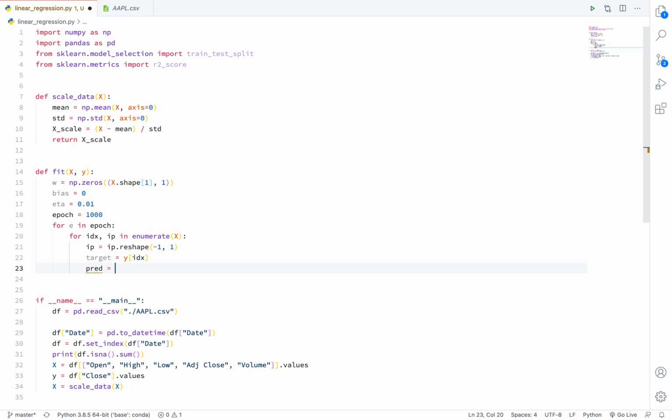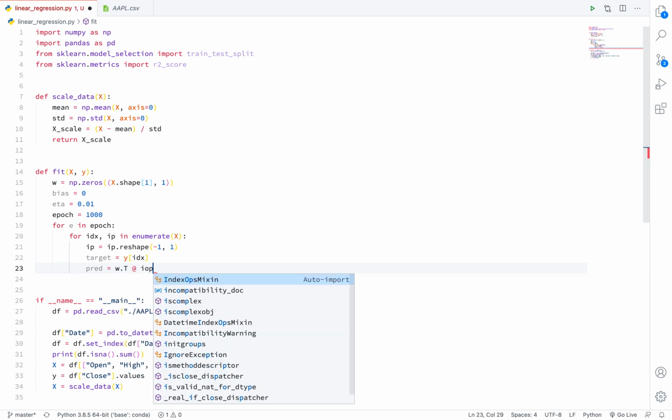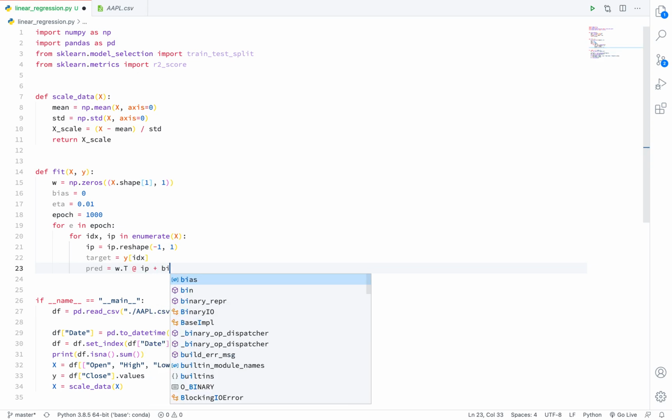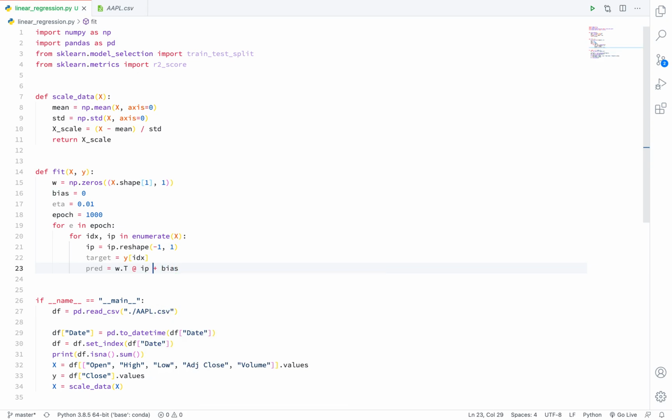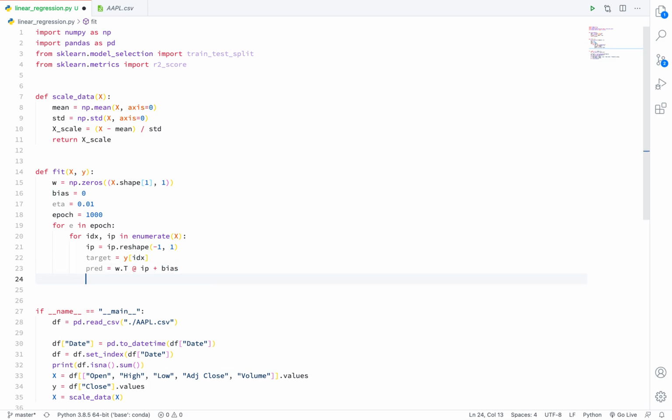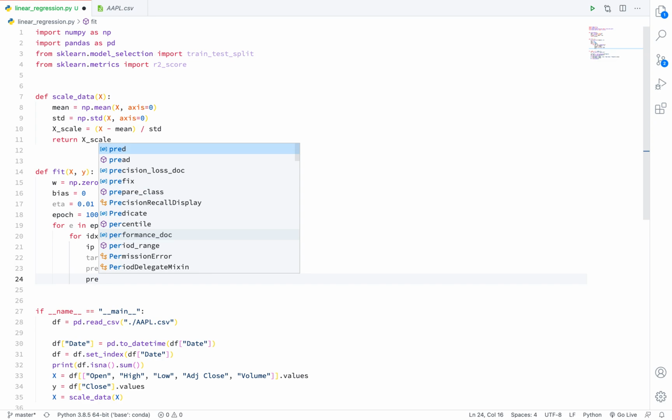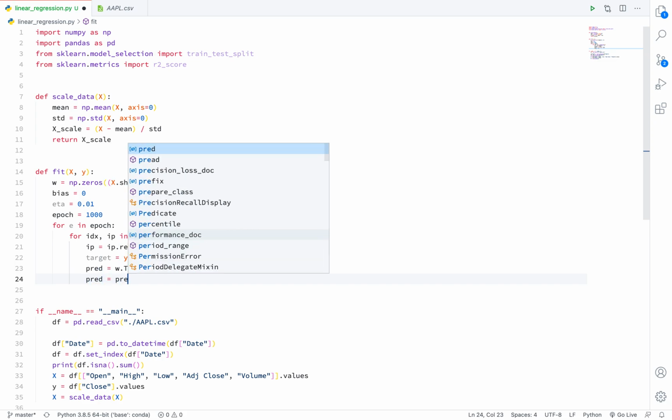Now let's write our equation. We basically have w transpose x plus w0. In simple words, we can say that y equals mx plus c. So here w transpose at input plus bias. This at symbol is a shortcut for dot product in NumPy. So now just reshape.